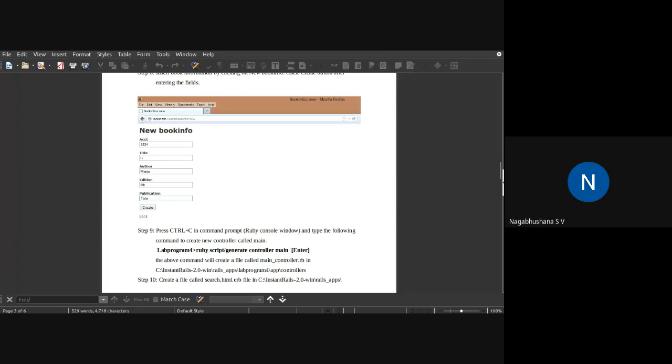Once you write say rails -d mysql, and the rake create and all those commands, it will generate in your main lab folder an app folder, with view subfolder, model subfolder, and controller subfolder.